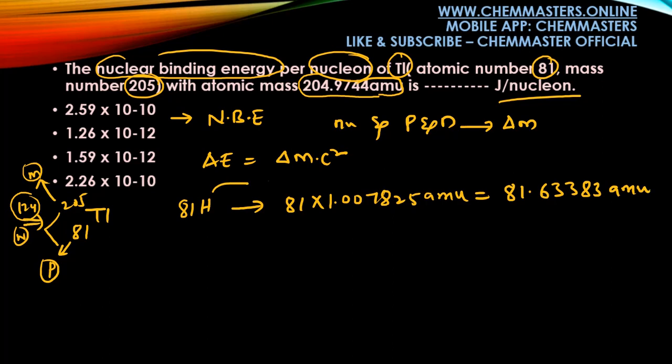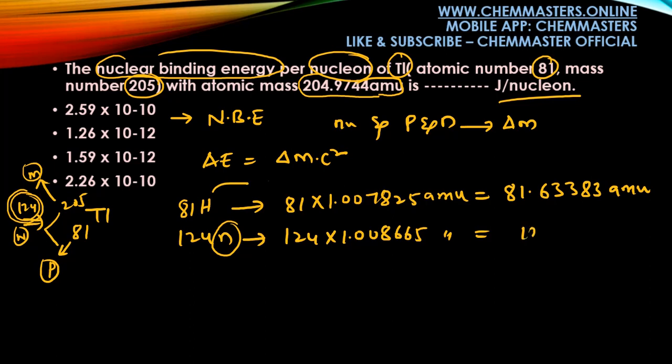And here we have 124 neutrons. So 124 into the mass of each neutron, that is 1.008665 atomic mass units, and you will get 125.07446 atomic mass units. Now the predicted mass for thallium 81, 205 is the sum of these two,